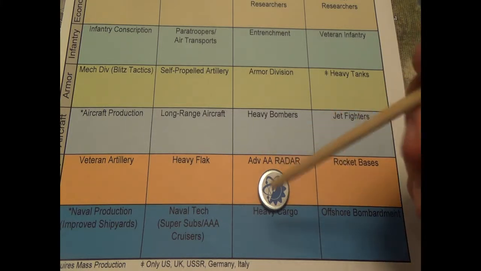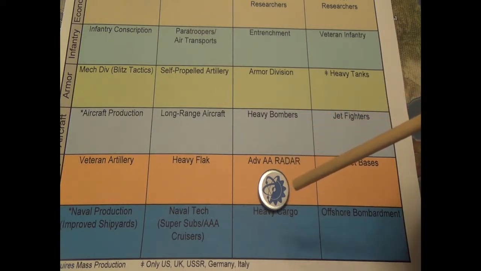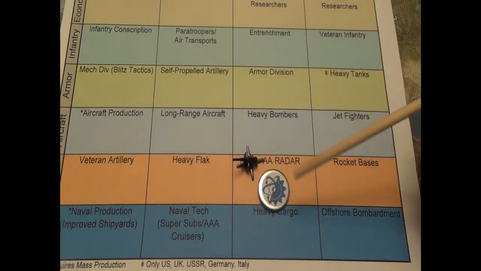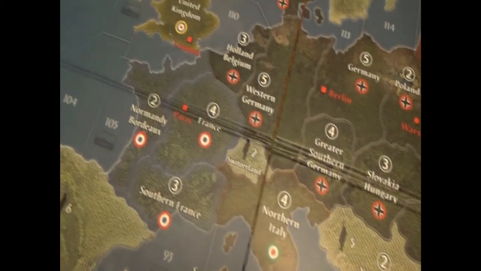Land units. So this only applies to the AAA land units, not cruisers in adjacent sea zones. But the land anti-aircraft guns in the same territory as an air base can see, quote unquote, see into the adjacent territory, and it can turn away enemy aircraft on a 1 or less. So that one may be a little bit harder to explain, but say you had